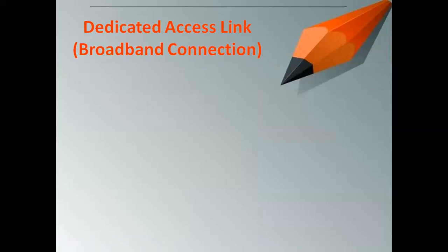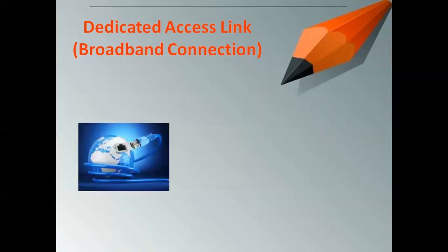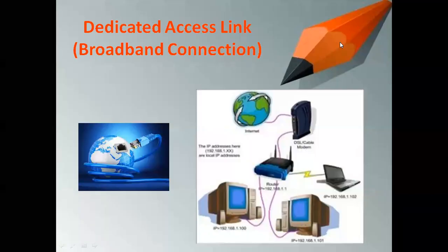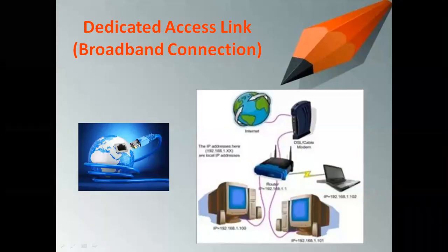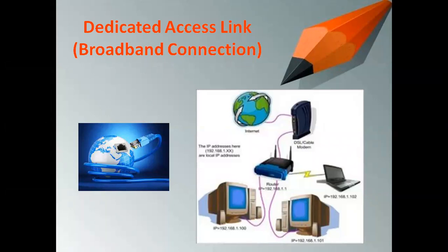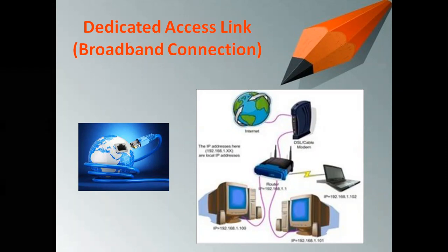Dedicated access link, also known as broadband connection, which is the fastest one. For that we need a LAN cable, and the connection type is such that we can use an advanced modem, which is a very high-speed modem, and we can connect to the laptop or desktop directly and access this connection. Broadband connection is also known as a permanent internet connection. It allows the user's computer to remain connected to the internet round the clock, meaning 24 hours we can be connected with the internet.